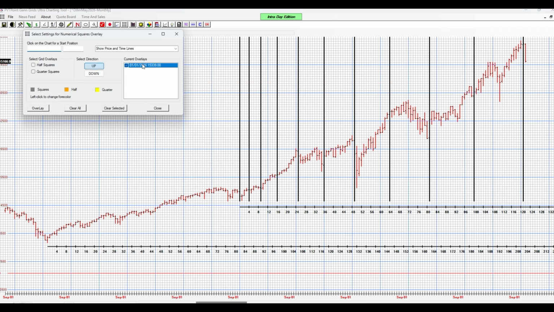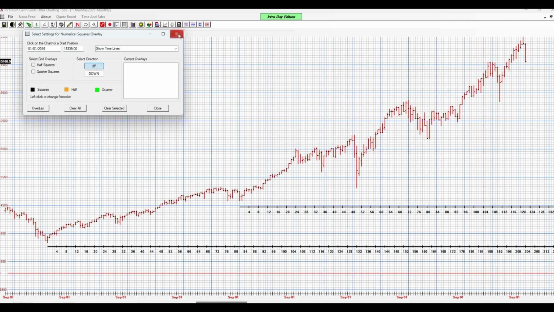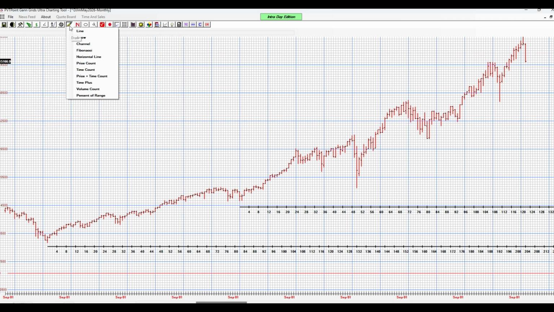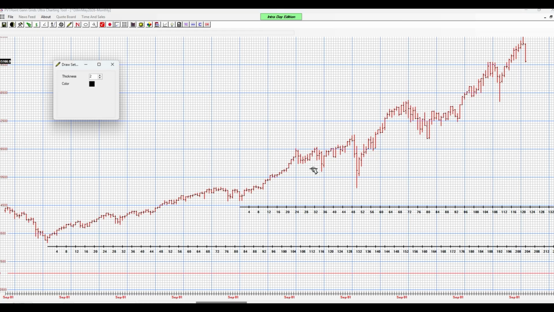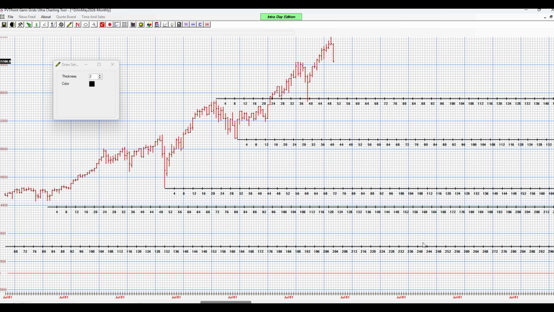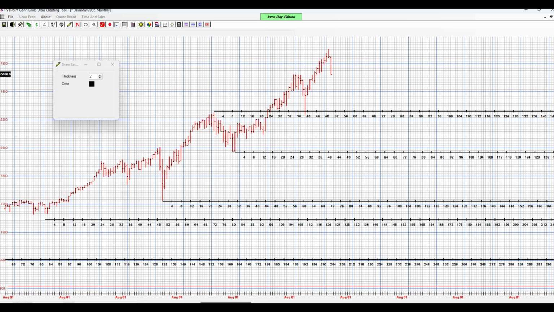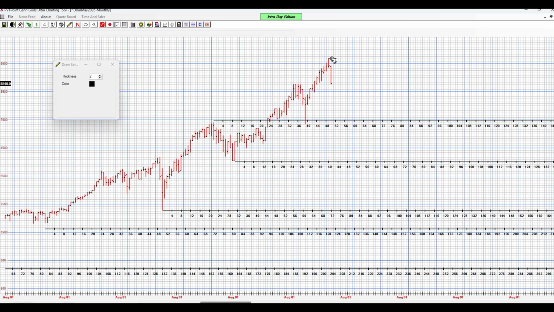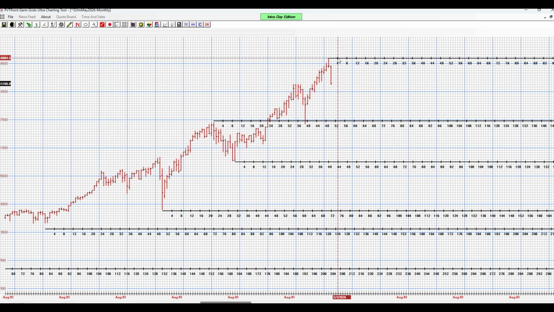So what I'm going to do now is I'm going to take this tool and I'm going to delete all these numerical squares, and I'm just going to put on a couple of more time plus periods where you can get a general idea of many of the numerical squares from these tops and bottoms, and see if any of them are overlapping in the future. And we have 4 months, which is going to be in